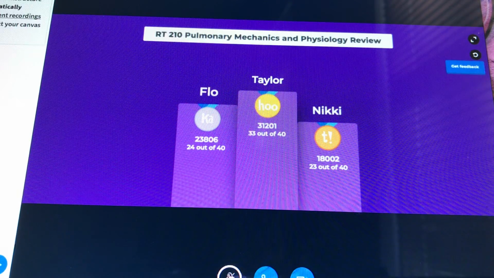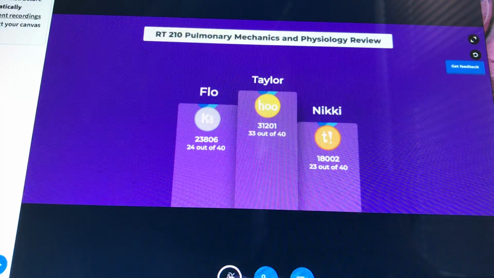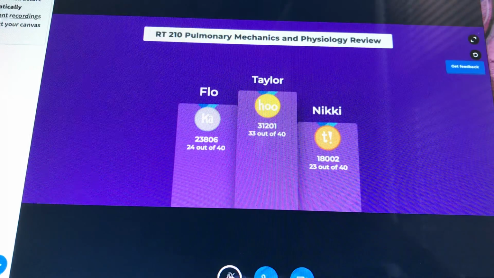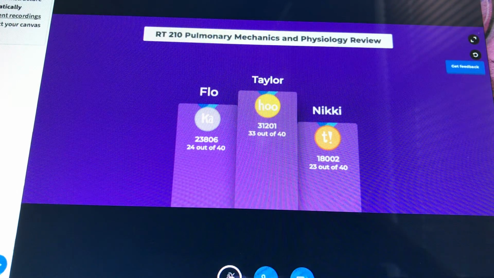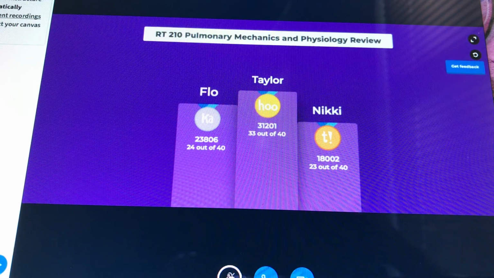I think I just have to go over them, because a lot of my issue is remembering what each of them is. Even when you went over it, I still have to go over it because my brain doesn't want to. You mean the volumes and capacities? Mm-hmm. I understand the box and all that, but I'm still trying to think of, okay, I'm doing this, what is that? I'm doing that. And again, like we talked about before, knowing your box will help you, because even if you can't remember the exact definition,